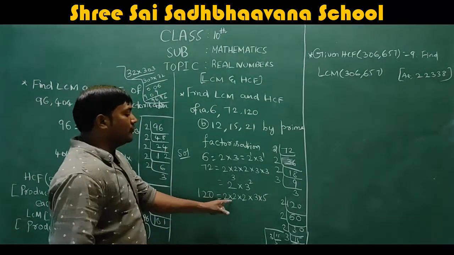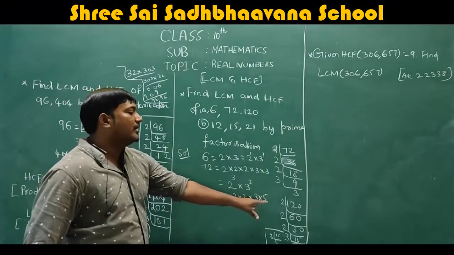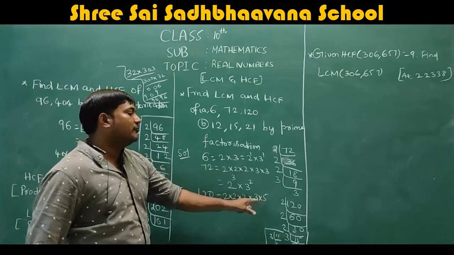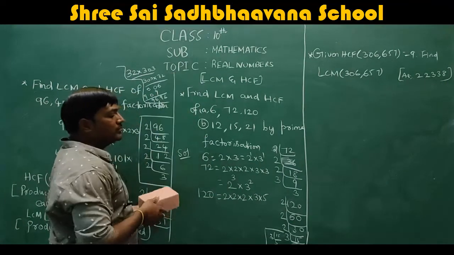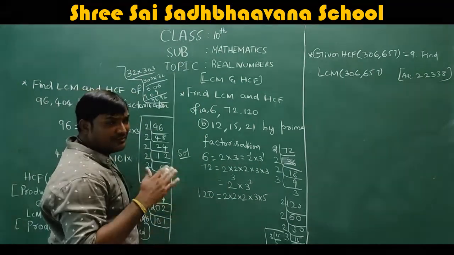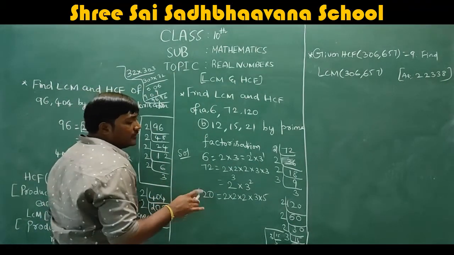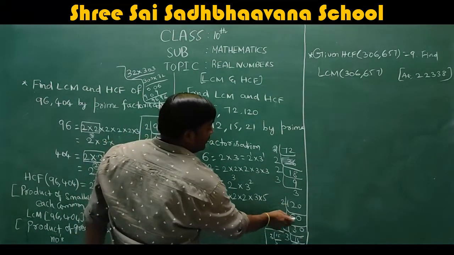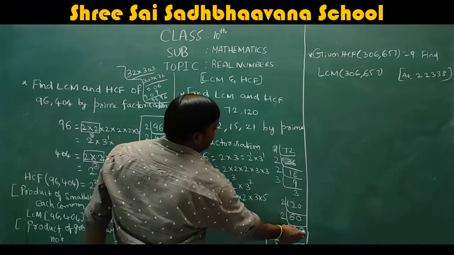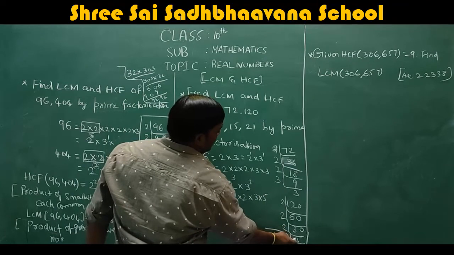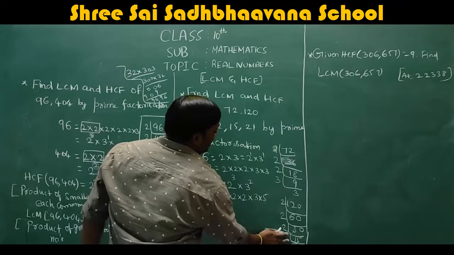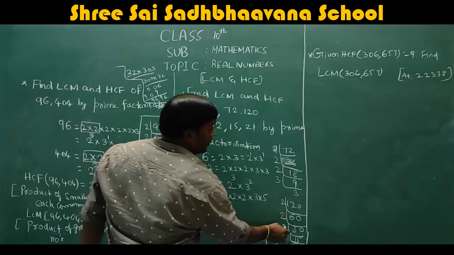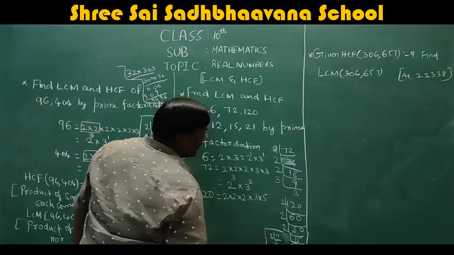Okay. So 4 2s are 8, 8 3s are 24, or 8 5s are 40, 40 into 3 is 120. So obviously you will get 2 cube into 3 into 5. It's just division only. No need to get confused in this. 2 6s are 12, so 60, 2 30s are 60. Next 2 15s are 30, 3 5s are 15. So obviously you will take 2 into 2 into 2 and into 3 into 5.